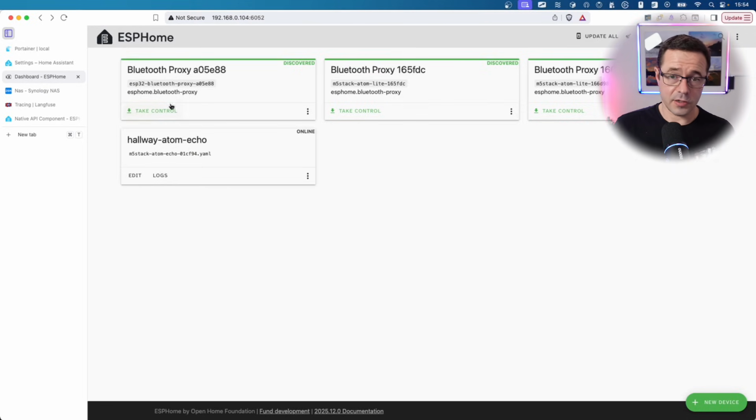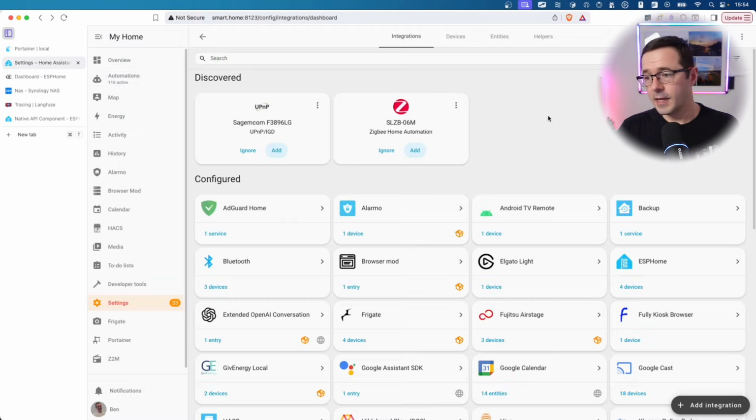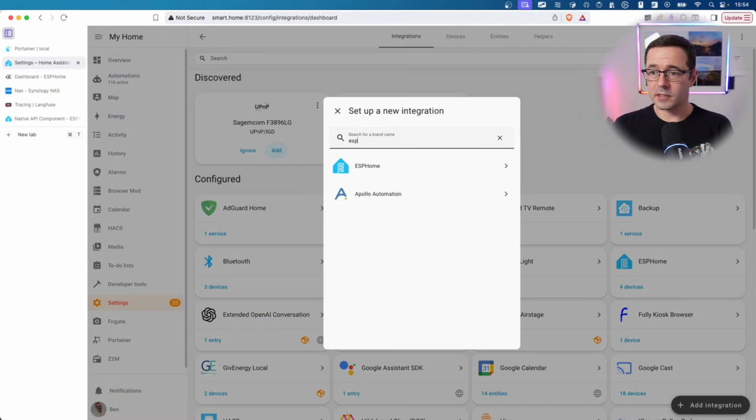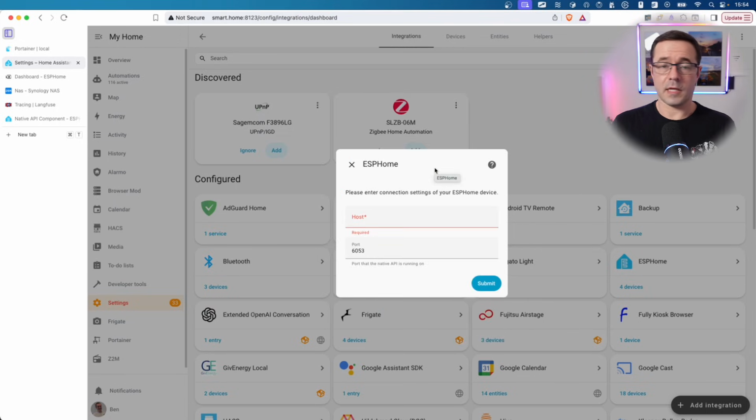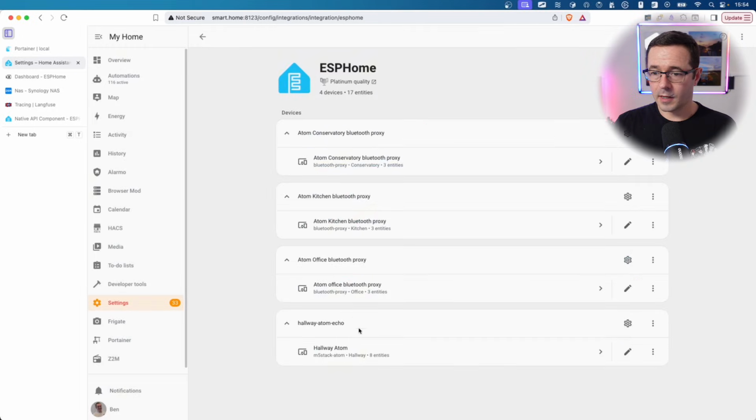Once that is flashed, you can go back into Home Assistant and go to your ESPHome integration. If you don't have it already, you can just go to Add Integration and search for ESPHome. Then you can throw in the IP address and port of your ESP device and it should pick it up. That will give you something that's now connected up to Home Assistant. You can see I've got the hallway Atom device here. And if I go into that,